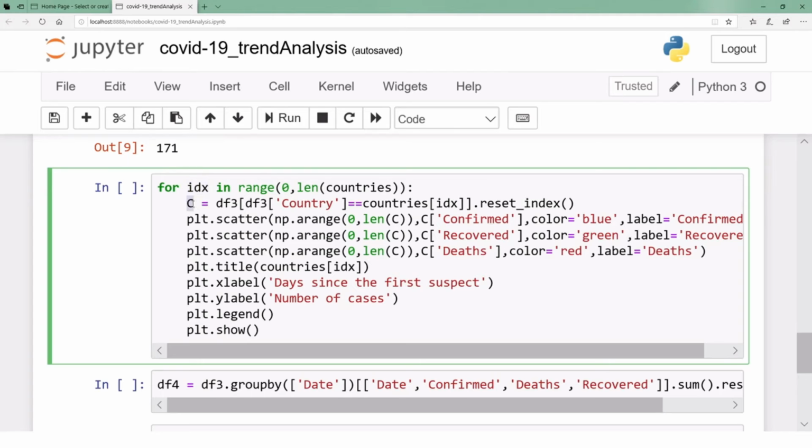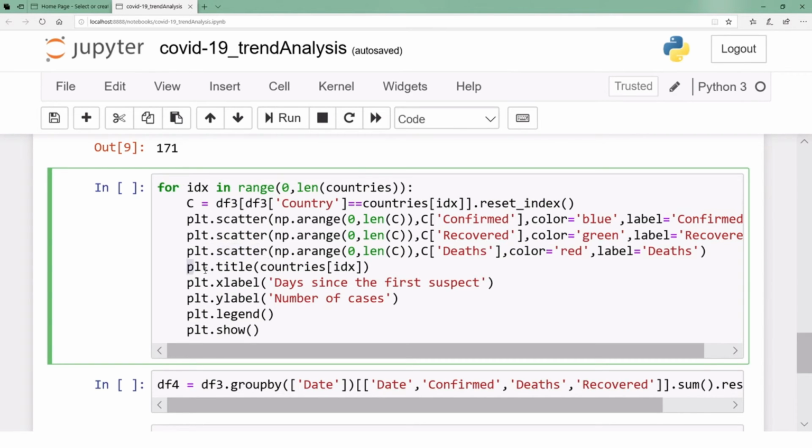Then I make a scatter plot, and I pick the confirmed cases, all the confirmed cases for this one country, using this scatter plot. Then I use another scatter plot to get all the recovered cases. Then I do another scatter plot to get all the death